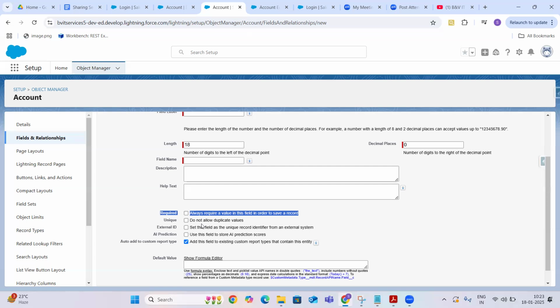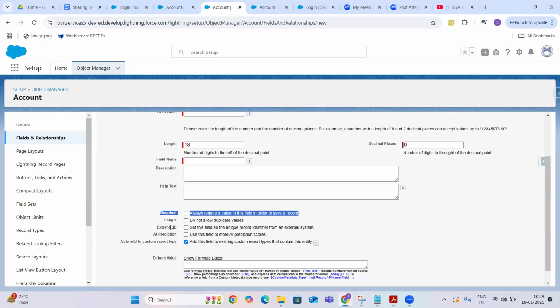Obviously all the required fields will automatically get added to the page layouts. So you have to provide the value to that particular field. Without providing the value to this field, you can't move on. That is the required one, guys.